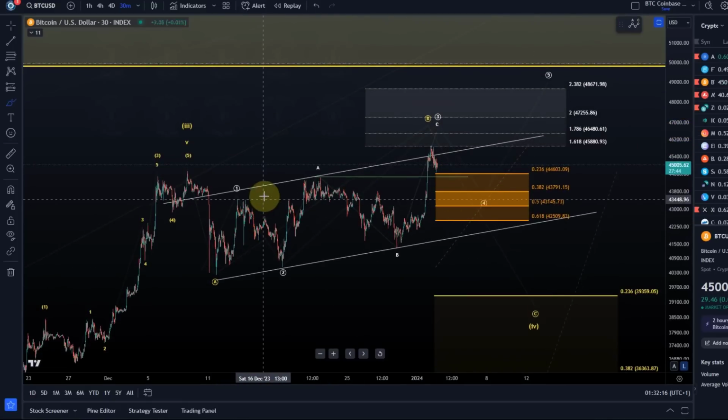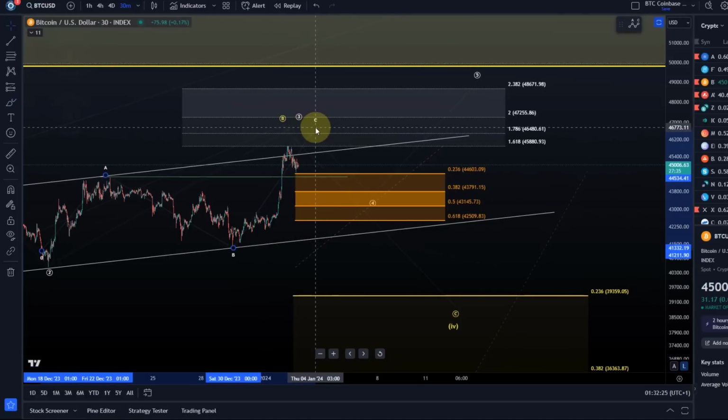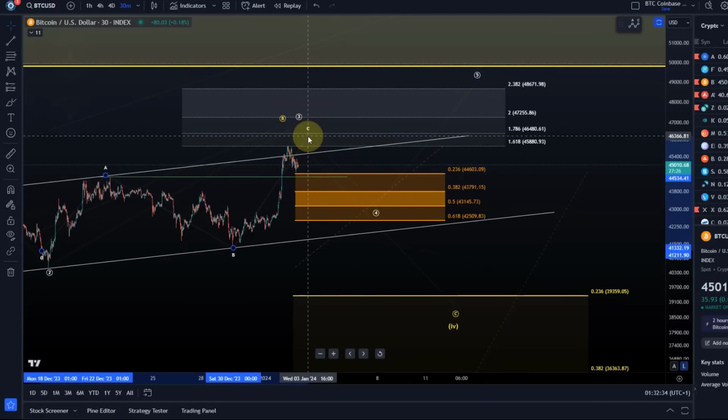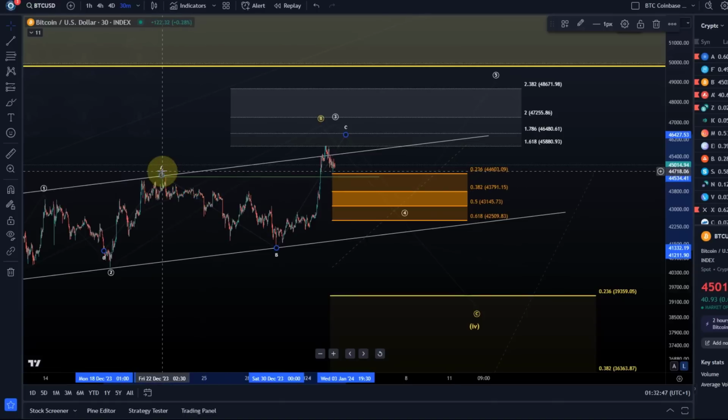Completely normal. So, has the wave 4 started or not? That's a bit difficult to say. I would argue we could still see another high in wave C. At least be prepared for that. This would not yet be all of wave 4. So I see a potentially higher high still in wave C. Maybe one more high to 46,480 or 47,255. It doesn't need it, but it's possible, especially as long as we are holding above that green line here,